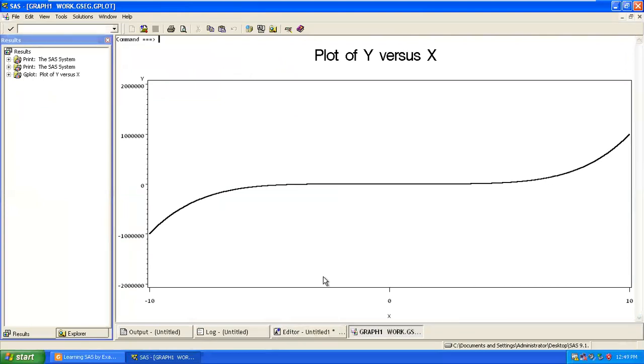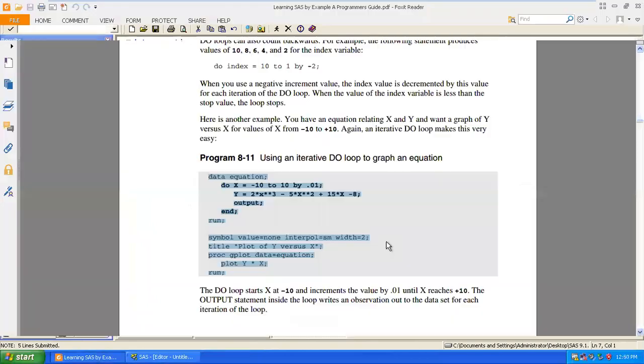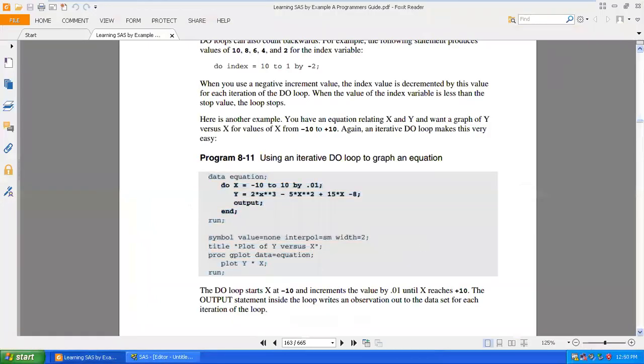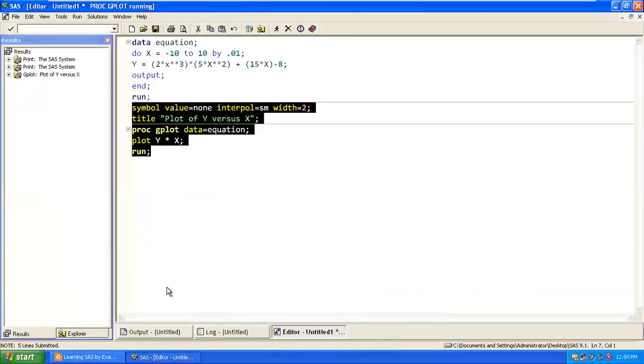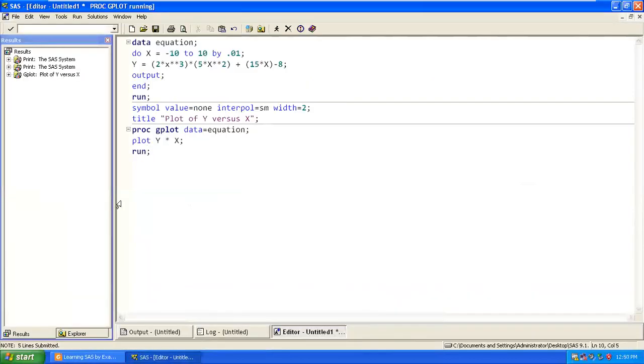So generally they are creating a plot. So no use at all. So you do it by gplot. Gplot data is equal to equation. So plot by scatter plot, by your X. You can use bar also. Let's say we use bar.